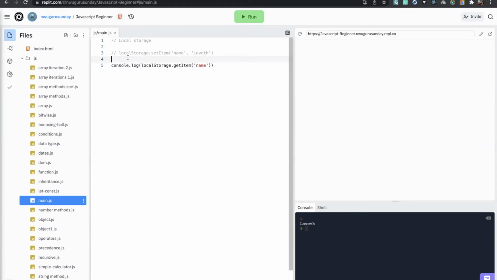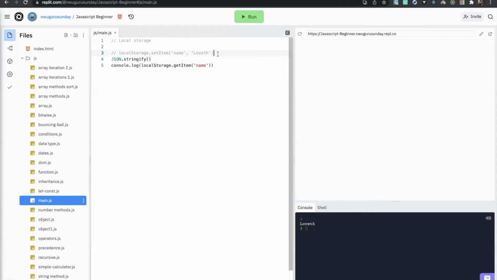And in JavaScript, for you to save an object as a string, you use JSON.stringify. JSON is an object that provides you a method, stringify, which helps you to compress an object into a string,